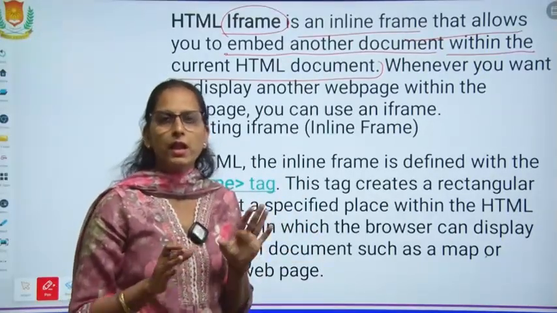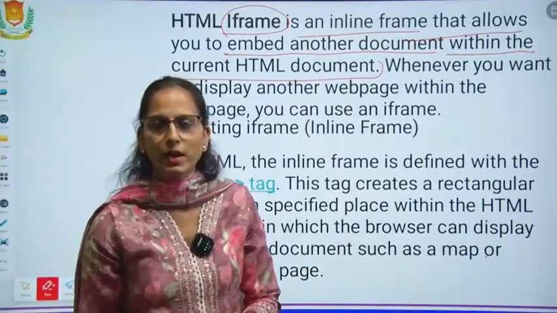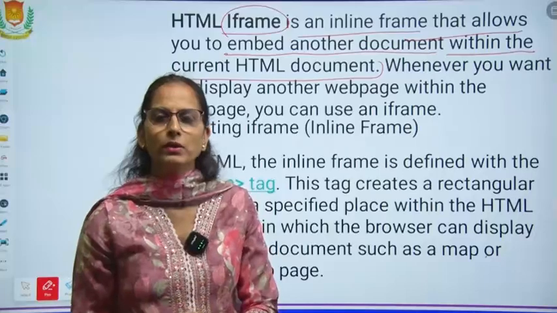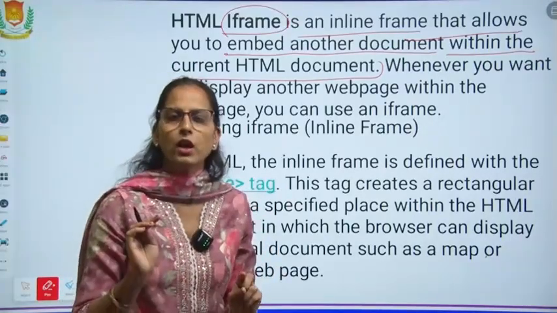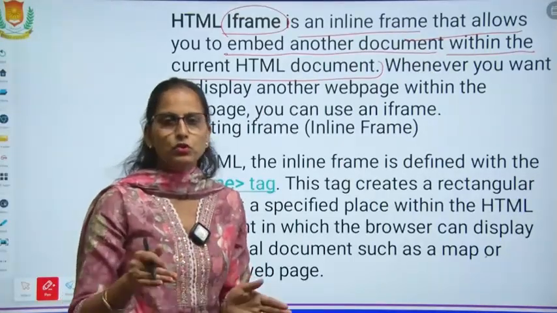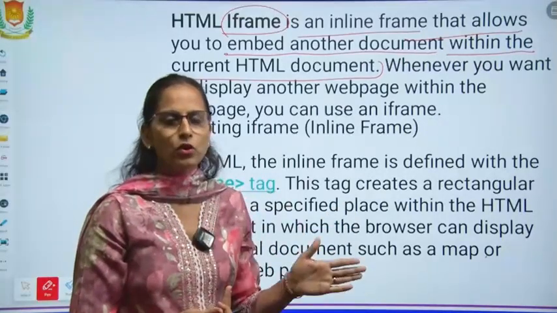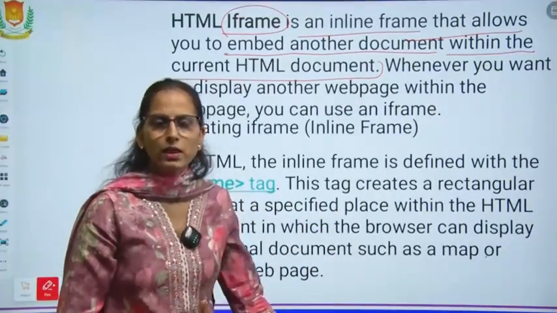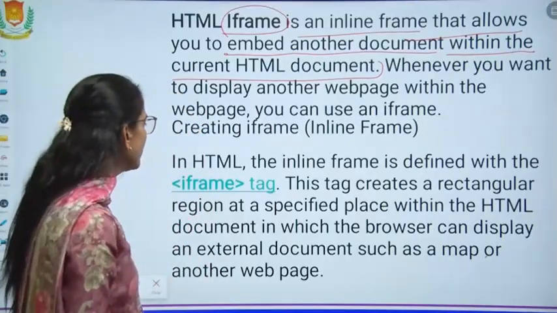It will always be there whenever you view a website where the iframe has been specified. It gives a specific section along with horizontal and vertical scroll bars, and whenever you open your web page, your web browser gives you that particular web page along with that. So how can you create the iframe?